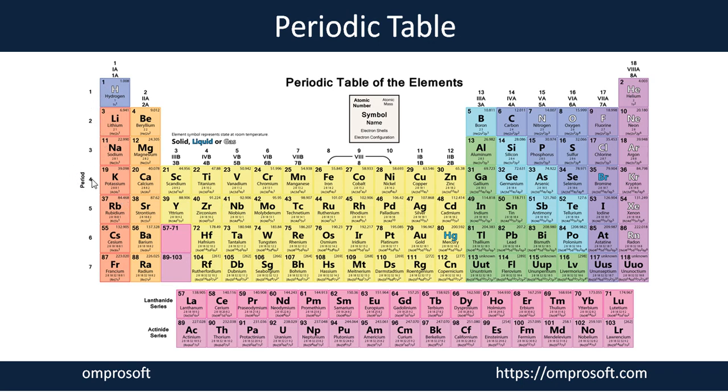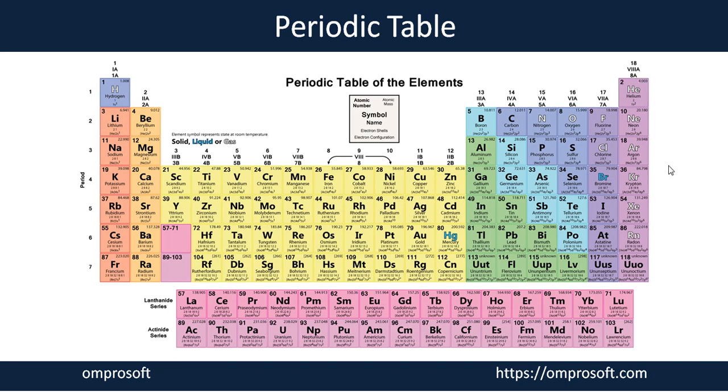There are a total of 7 periods and a total of 18 groups in the periodic table. When you see along the periods, the complete left-hand side till this green color, all the metal elements are present, they are metallic in nature, and all those at the right side are non-metallic in nature. When we move along a group, however many elements are present in one group, they have a similar chemical behavior. They show similar chemical properties to each other. So this is the kind of pattern we follow.